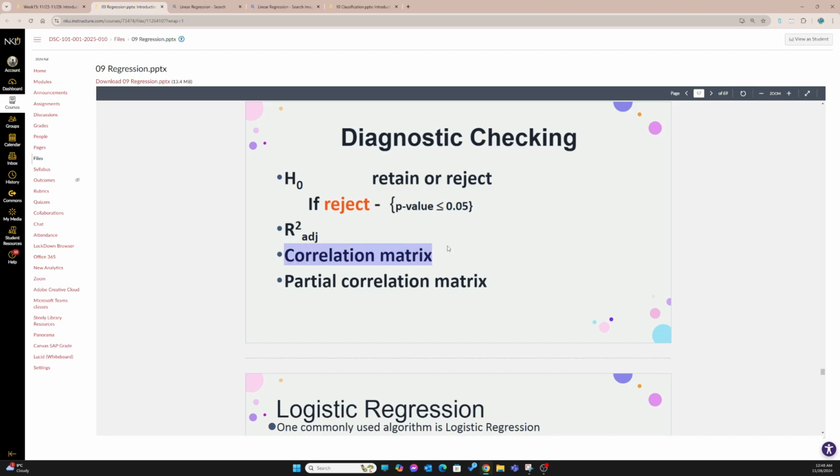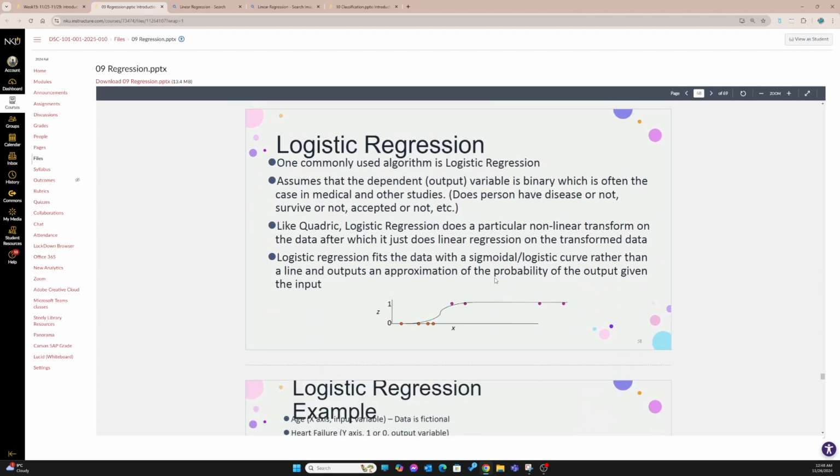Correlation matrix is something that you need to learn. This is like the graphs. Oh yes, logistic regression. Now, so far we did a straight line, but if we wanted to make a line